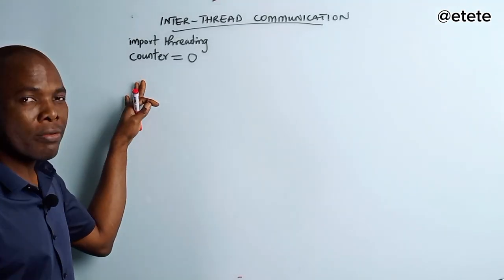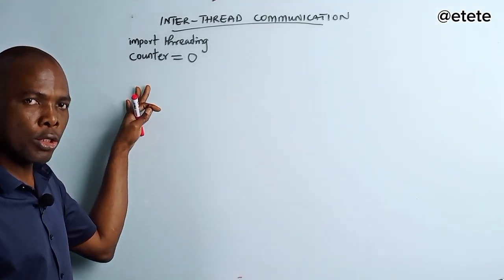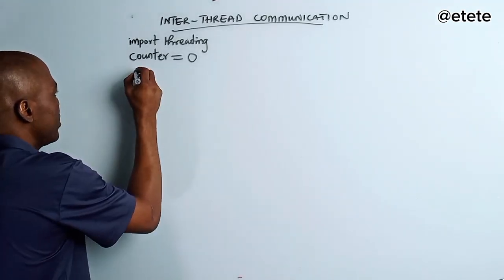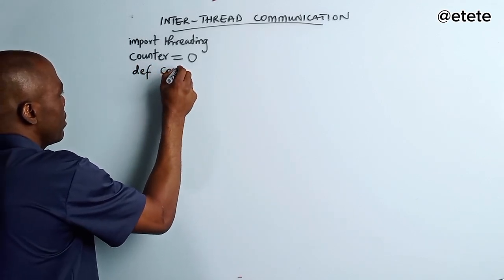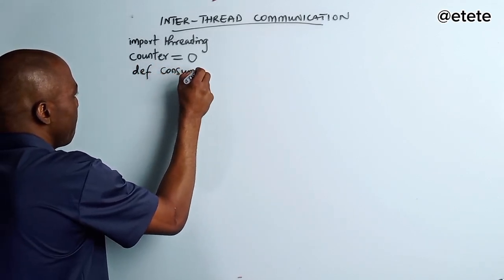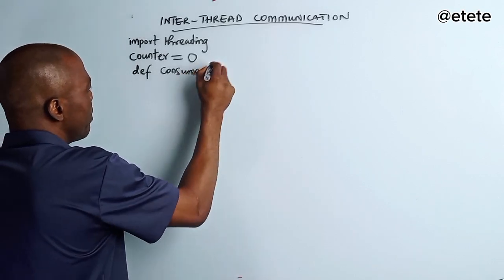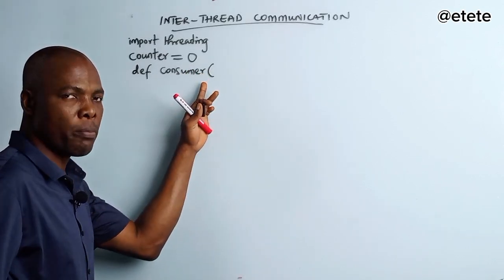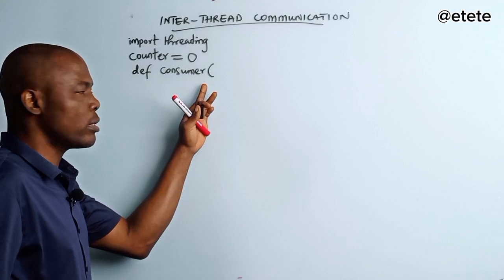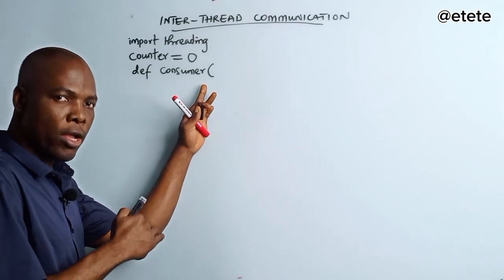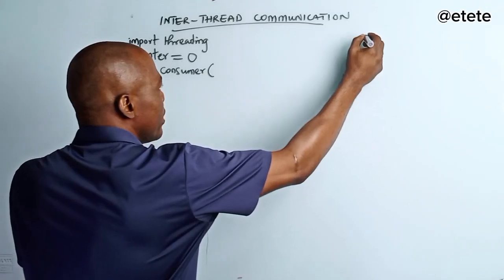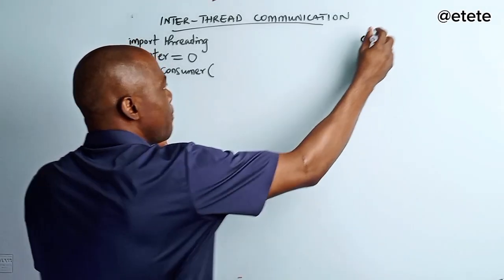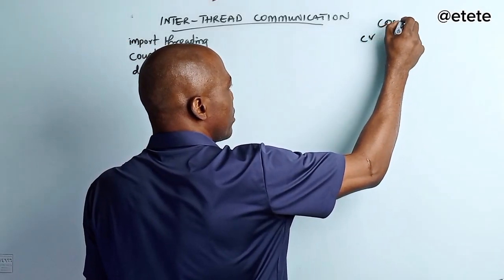So I'm going to now define the first task, which is the consumer task, and that is a function. So def consumer. Now this consumer is going to expect one parameter, and that is what? The condition variable parameter. That's what it will expect. So I will call it CV, right? CV. Now, this condition